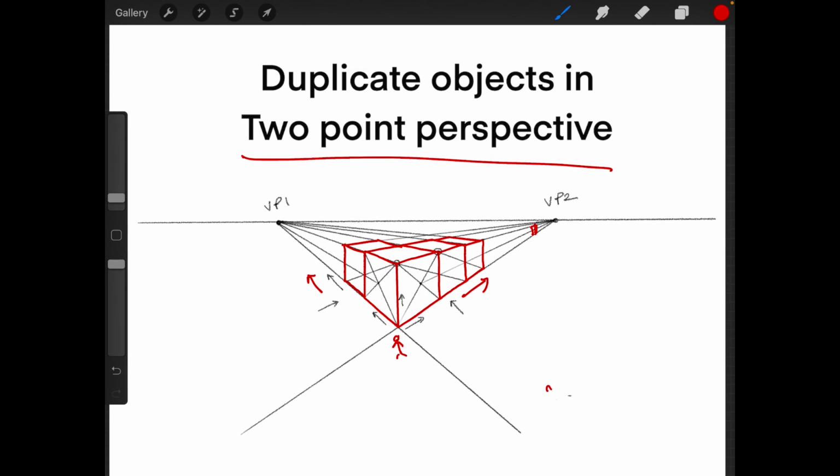And in the next lesson, I will show you how you can start adding objects to these. So we're going to use this as a base and add objects onto it of different sizes, and I'll show you how you can do a bit of shadow, a bit of shading here and there to actually start making a scene